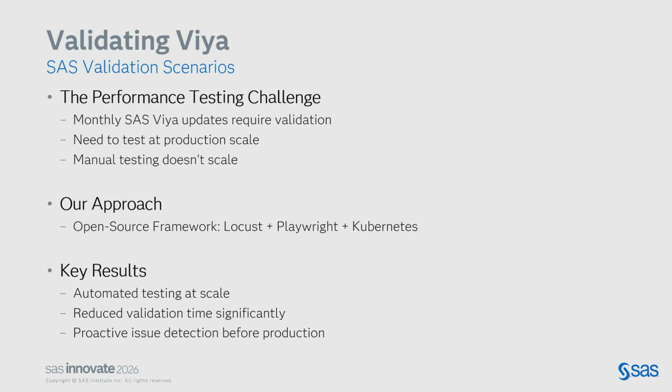Locust is more like distributed load generation. If you want to run a particular test with hundreds of users, Locust comes into play. Playwright is used to automate the UI experience. In this case, let's say the user authenticates into SaaSwire, gets into SaaS Studio, opens My Folders or any folder that he or she wants to, and runs the SaaS program. So we use Playwright for that end-to-end UI automation. And then Kubernetes is the underlying platform where we can run at scale.